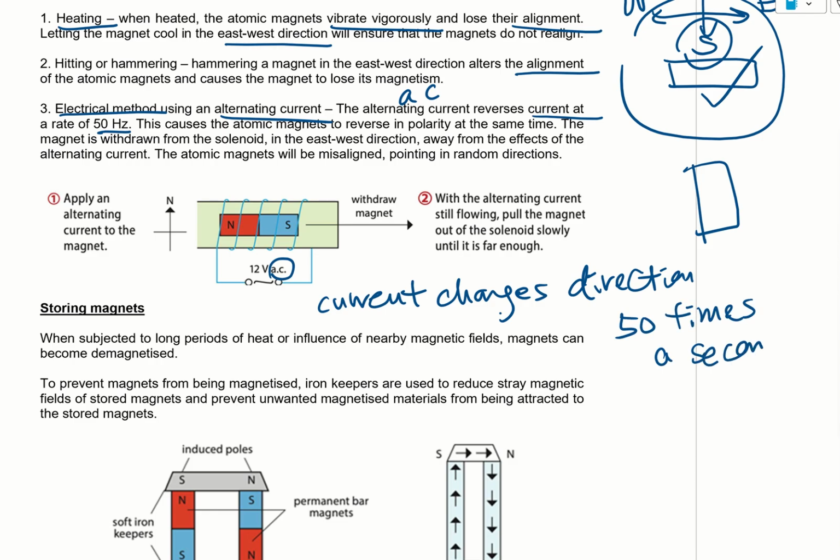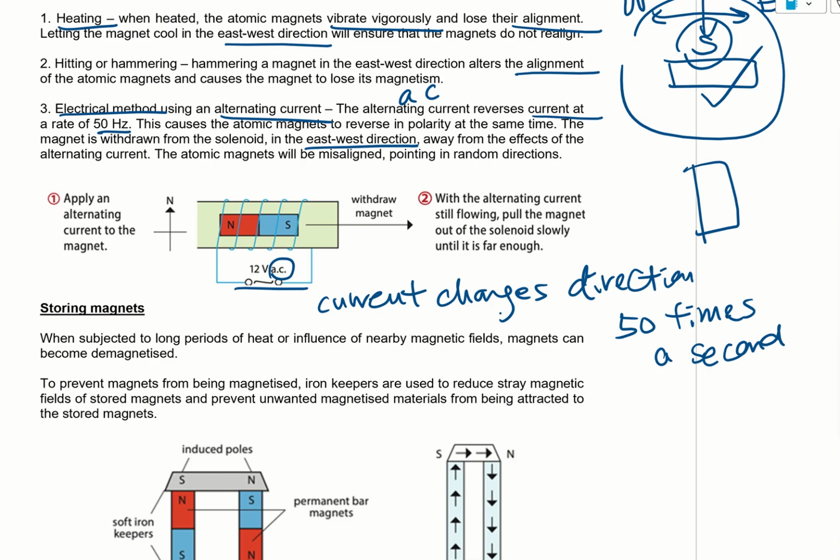Okay, so every time it changes direction, the magnetic domains will change direction as well. So in the end, the alignment of all the magnetic domains will be disrupted, will all be misaligned. Okay, and besides putting it in the solenoid where the AC current is flowing, we need to